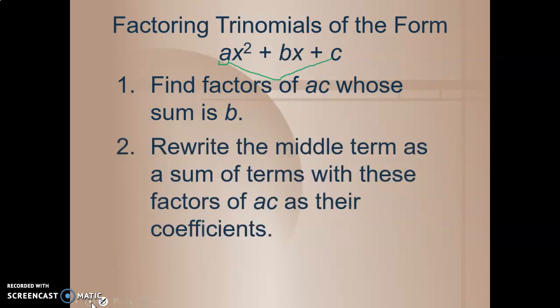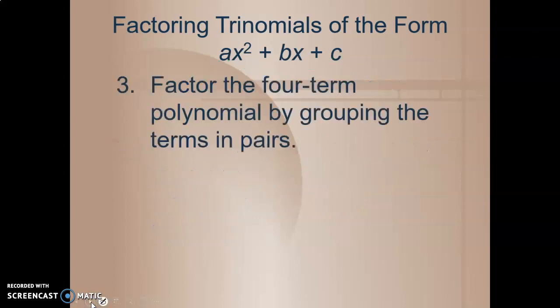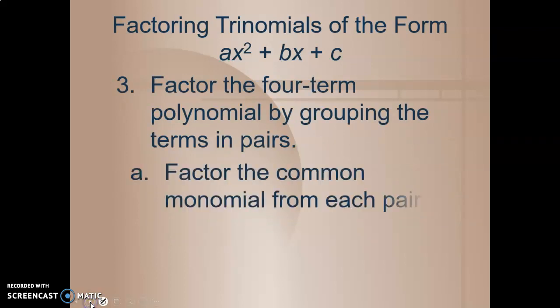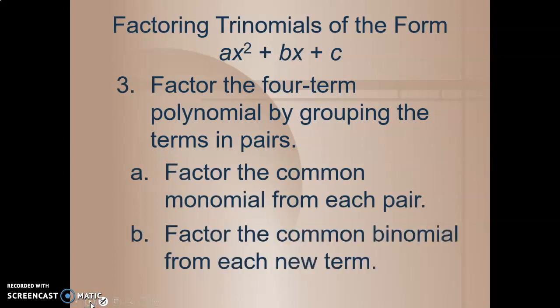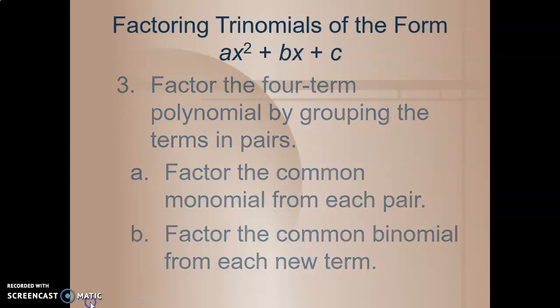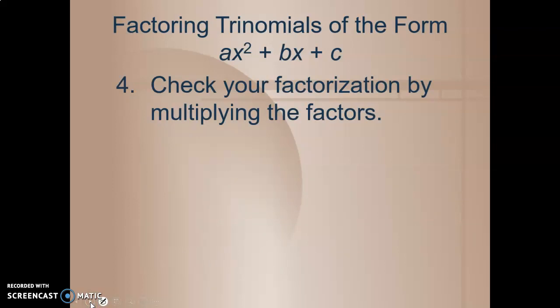We then rewrite the middle term as the sum of those two factors, and factor the 4-term polynomial by grouping the terms in pairs. We'll factor the common monomial from each pair and factor the common binomial from each new term. We'll then check our factorization by multiplying the factors and making sure that we end back up at our original